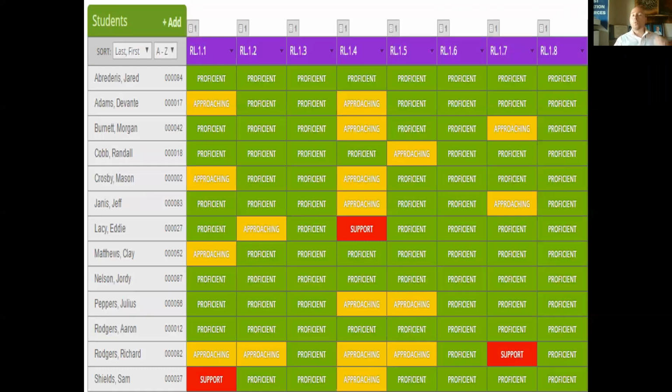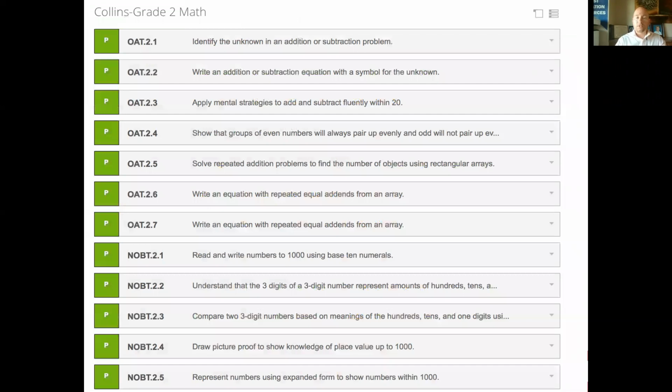For our parents, if they want to know why or what those scores are, we also have much more detailed information through this software. Again, you can do this in Google, you can do it in any type of system, but ultimately they can go in and see, in this case, this is from my son, what his particular proficiency scores are for each of those learning targets.